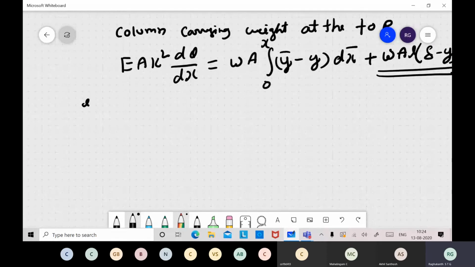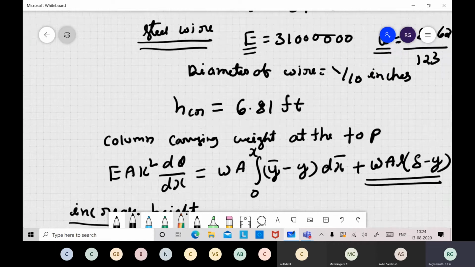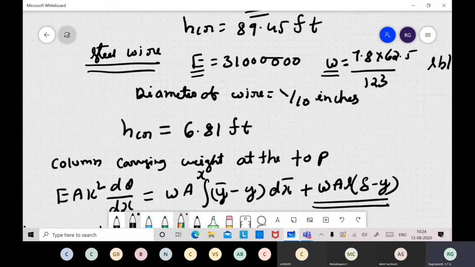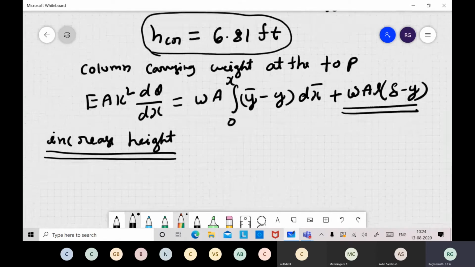Now, if you want to increase the height of a column, how do we increase the height of the column? What is the alternate way? For example, for a diameter of a steel wire, we can find out 6.81 feet for self buckling. Now if I want to increase the height and avoid self buckling, the only way is that you have to go for